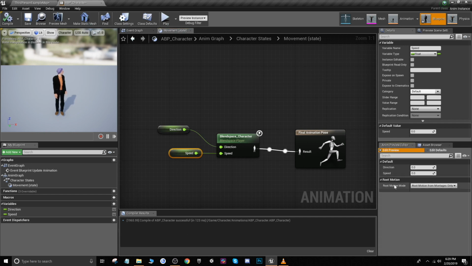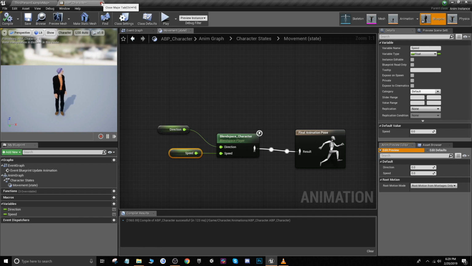If you click on that tab, all you need to do is just adjust the speed. Let's say, if we change this to 50, he should start walking, and if we change it back down to 0, he's in his idle state. And so it looks like it's working, which is great. So now we can go ahead and move on to the final step, which is creating a connection between our